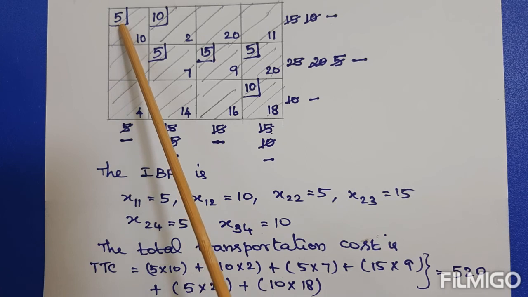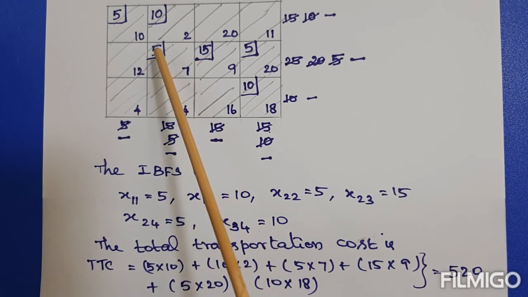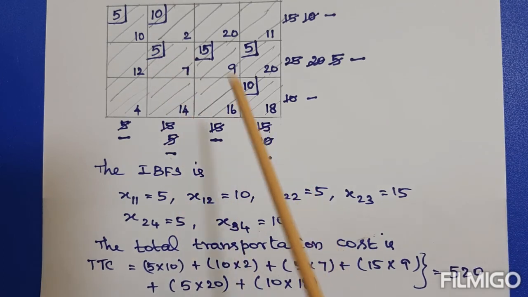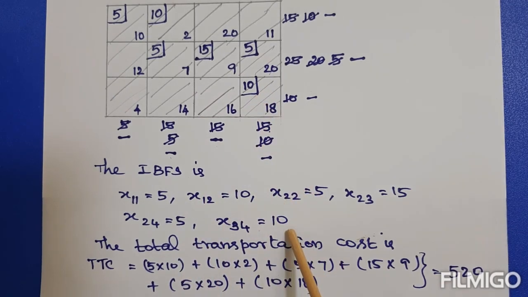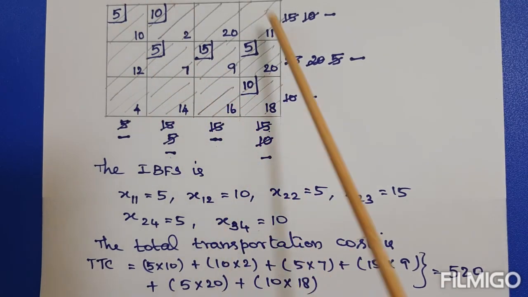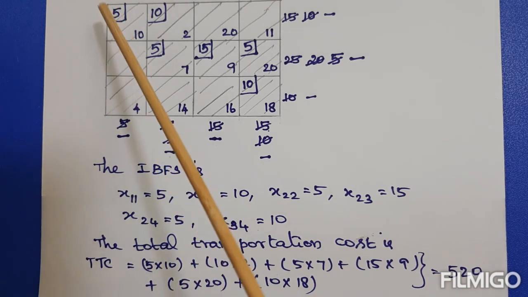X11 is 5, X12 is 10, X22 is 5, X23 is 15, X24 is 5 and X34 is 10. These are the allocations. Now we have to find out the total transportation cost, abbreviated as TTC, which is 5